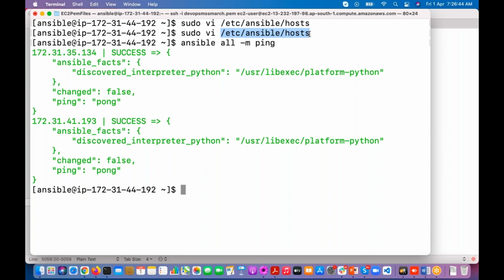Suppose for the Facebook application I'm using different servers. Can I create a file called Facebook and keep all the Facebook-related servers' IP addresses in it? Yes, it is possible. You can give a custom name also. We'll discuss it later. Clear, guys?